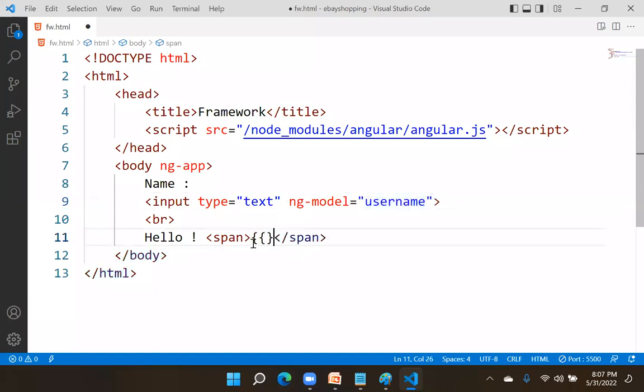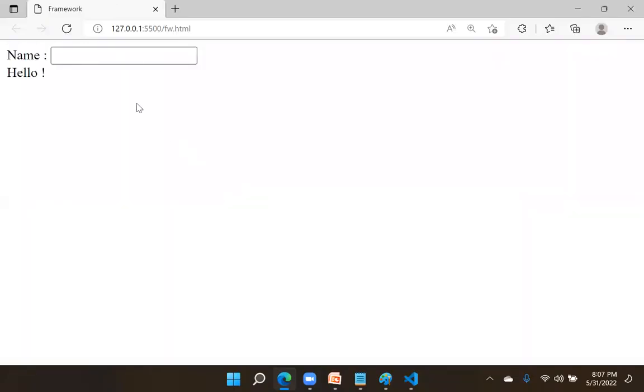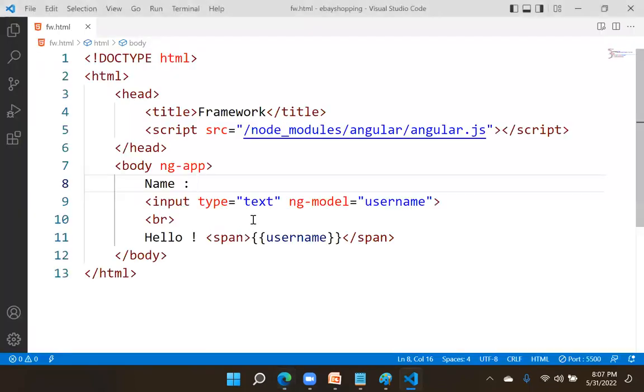And here we will display that username. Am I using any event here? There are no events. On key up, on change, no events are there. Am I using any functions here? I am not using any functions here. Now see here, I am typing the name here. It is working. I am not using any events. There is no key up, no key change, no events, nothing. No element by ID, tag name, anything.